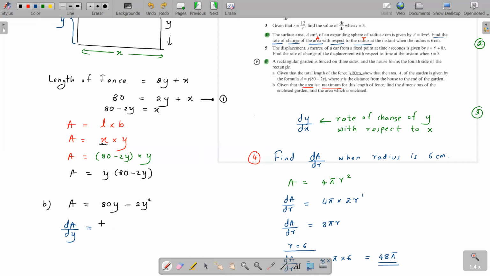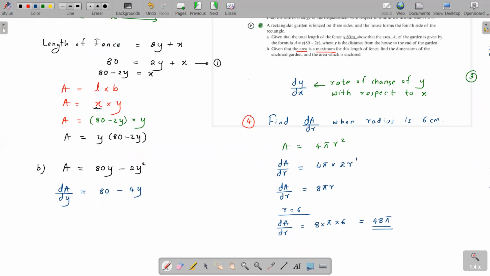Differentiation, 80y differentiates to 80, minus 2 times this is 4y. So we get 80 minus 4y. So here dA by dy is 80 minus 4y. So at the maximum point,